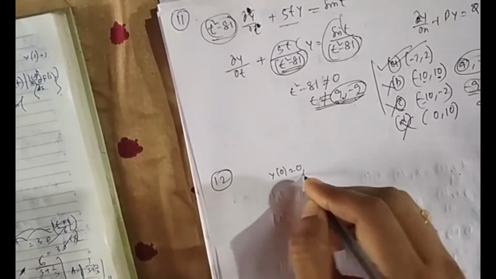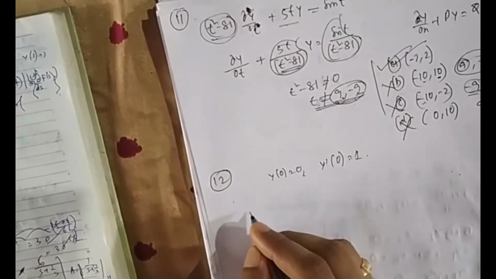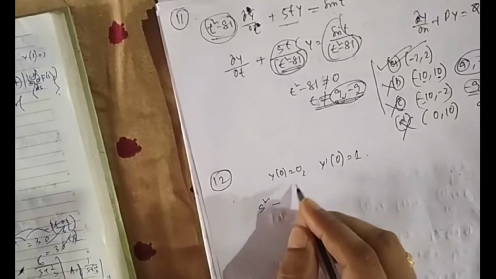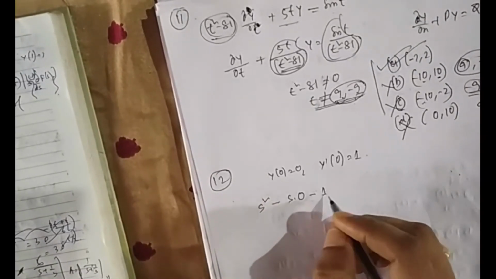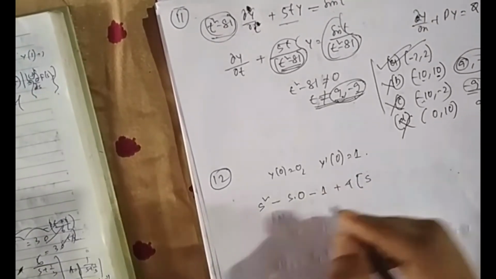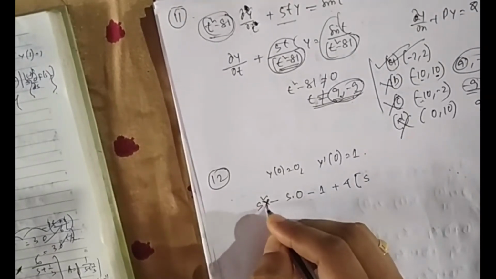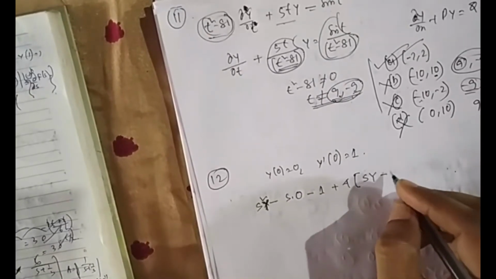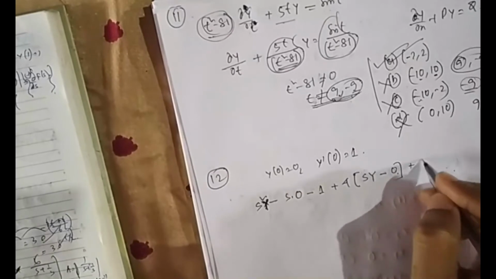equal to 0 and y dash 0 is equal to 1. So it is good, we can use Laplace. If you apply Laplace here, you can write s square Y minus s into y(0), which is 0, minus, I am still writing it, but I think by now you have understood, this is not x, it is capital Y, sorry. So for dy/dx, it is sY minus again 0, this is the initial condition that I am putting, 0, plus 4 into Y